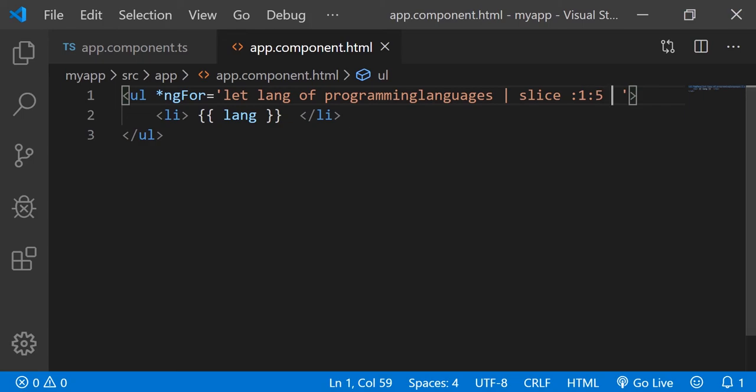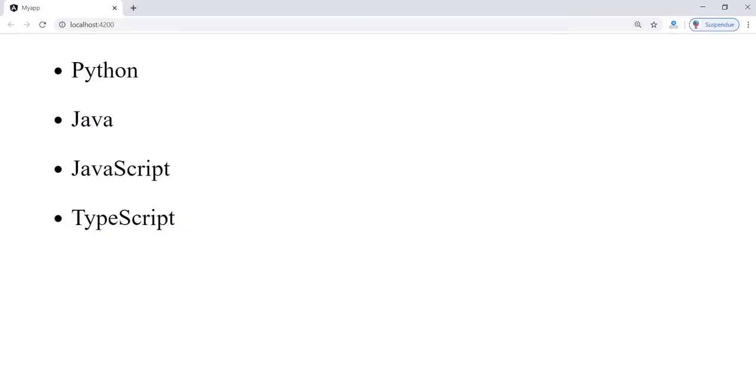Now let's check the browser. Here we have Python to TypeScript. Now let's go back,